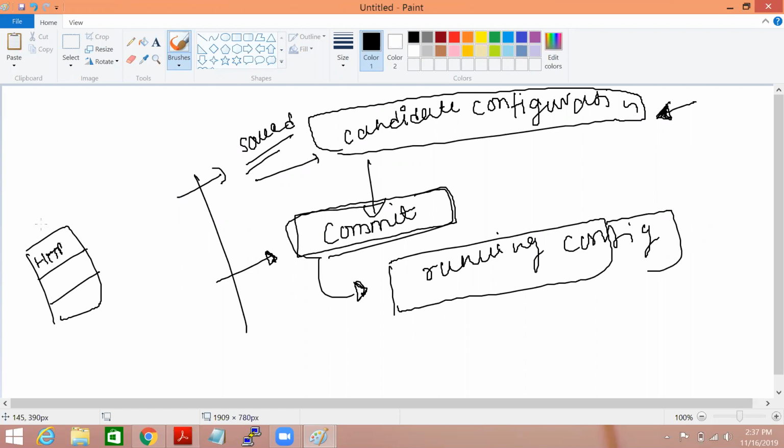HTTPS means we can access our physical box on port number 443, or we can use SSH, which is port number 22, or we can use ping, meaning ICMP services are allowed.